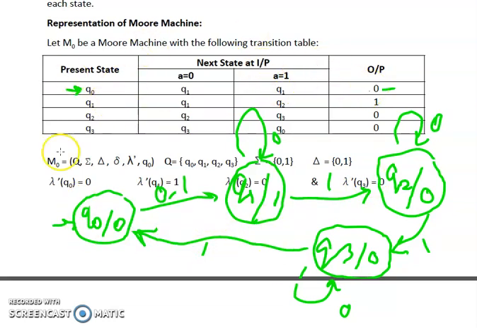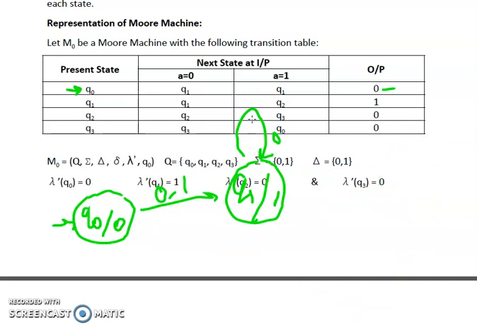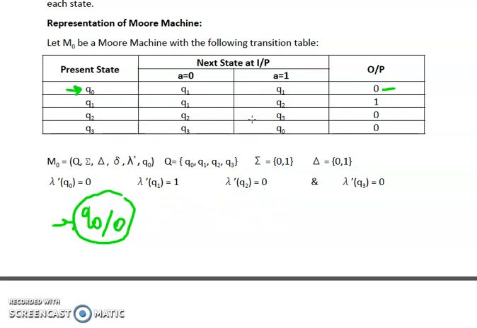So this table can be represented in the form of a transition graph or transition diagram in this way. Over here we can see how a transition diagram can be represented for a Moore machine and how a table can be represented for a Moore machine. Now, whenever we talk about any machine, we know that it cannot be represented only using delta, that is our transition function. We require to represent all the tuples that are used to represent a machine. In case of a Moore machine, there are 6 tuples, so all the 6 tuples are required to be represented.